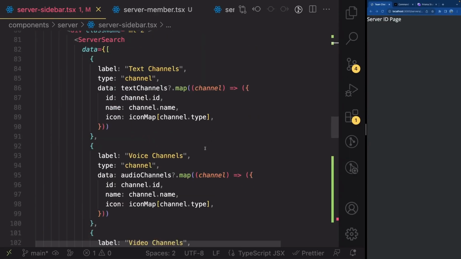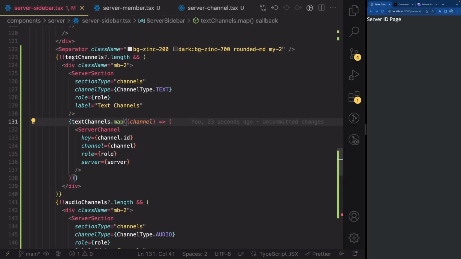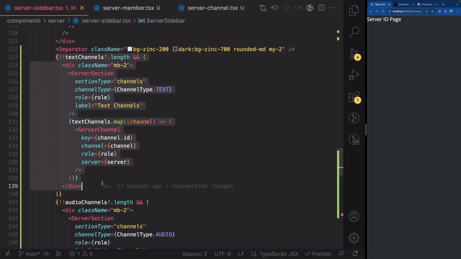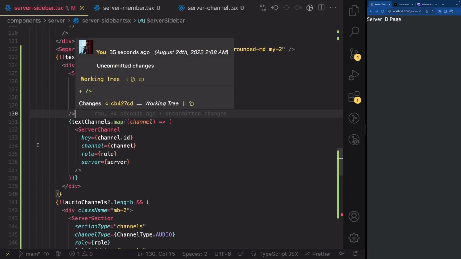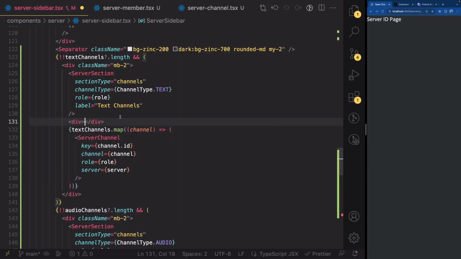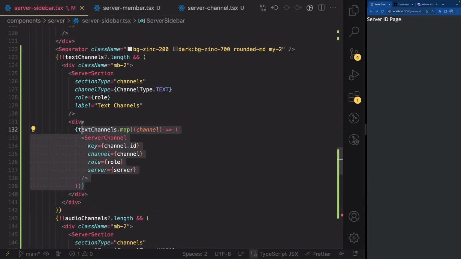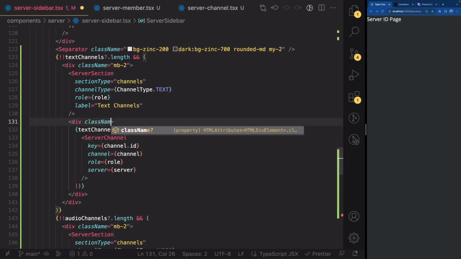So I'm going to zoom in so I can see a bit better. Okay, so around each of this mapping, I want to add a specific div. So let's see how I can do that. What I'm going to do is create a div around this channels.map like this. So I'm just going to map that. There we go. So now it's wrapped in a div, and I'm going to give this div a class name of space-y-2